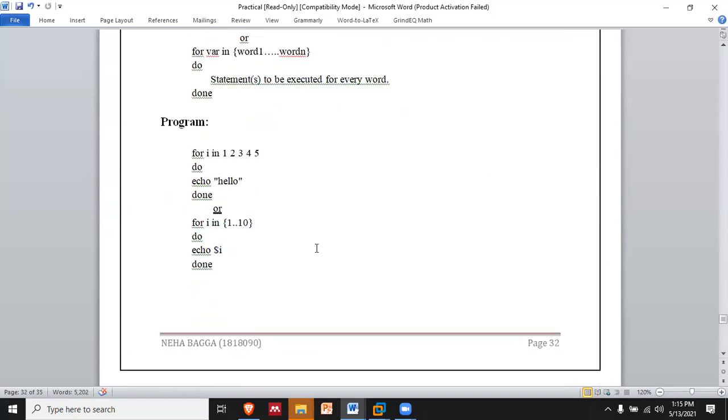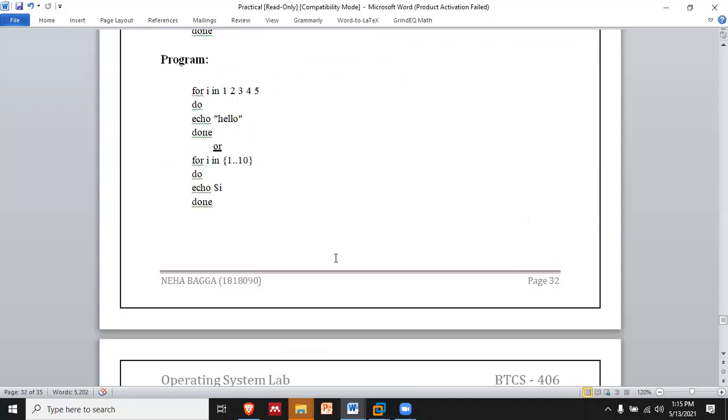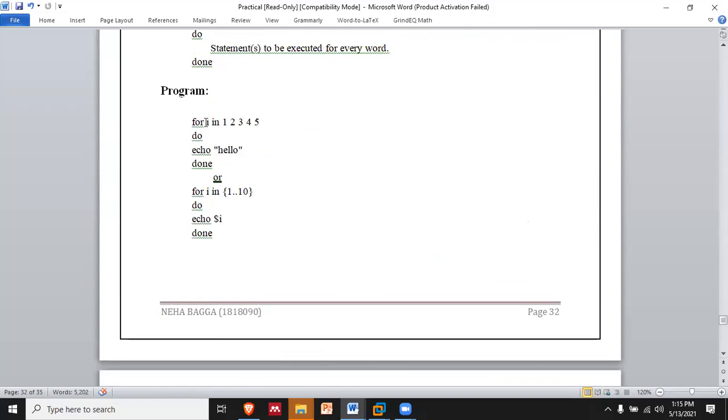Now this is the for loop. As with the while loop, please remember, we don't have to write the special characters as we do in C or C++ programming. We don't need those brackets over here.